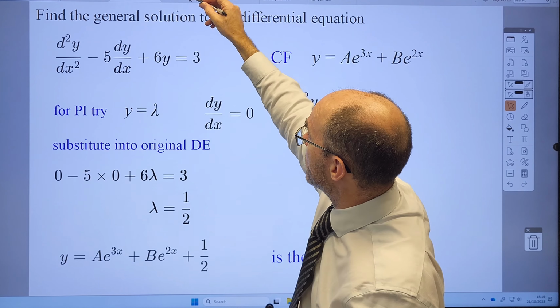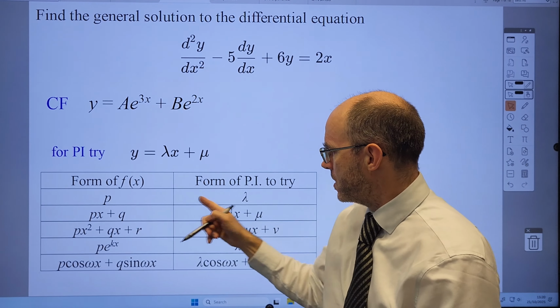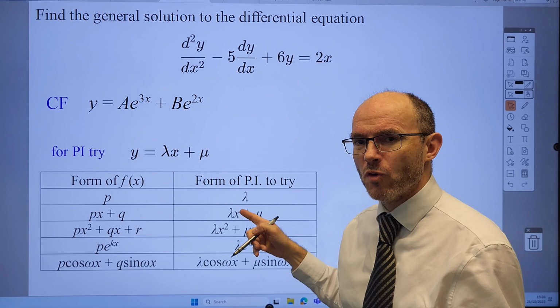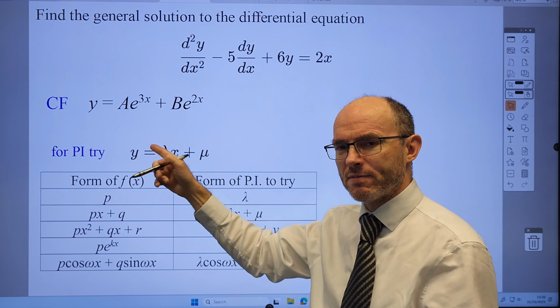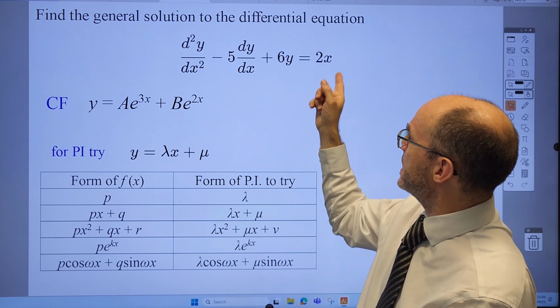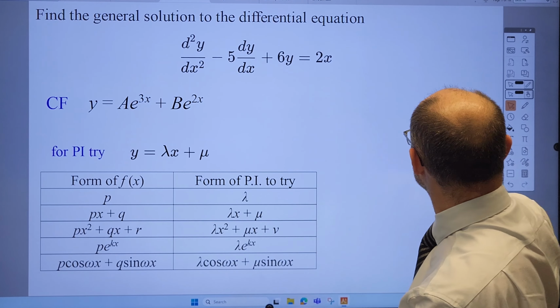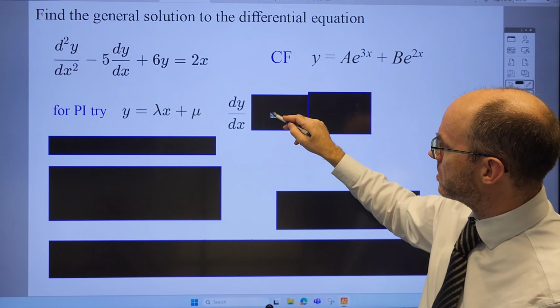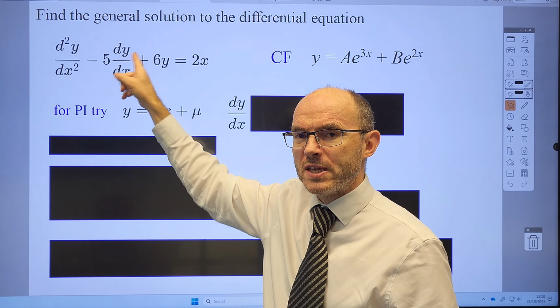So the second one is when this is equal to a linear term. Now when it's a linear term, you've got to try a linear value for y. Not just lambda x, but a linear term could have some constant value as well. So for any linear expression, you try y equals lambda x plus mu. And then same again. So your standard approach is solve this equals 0,